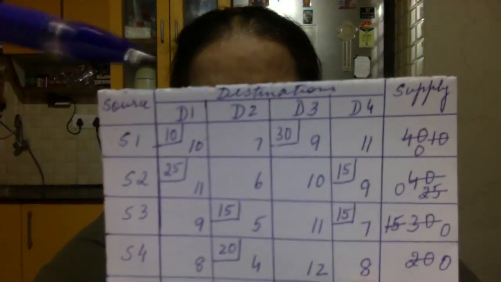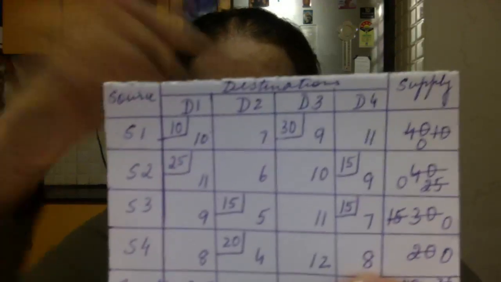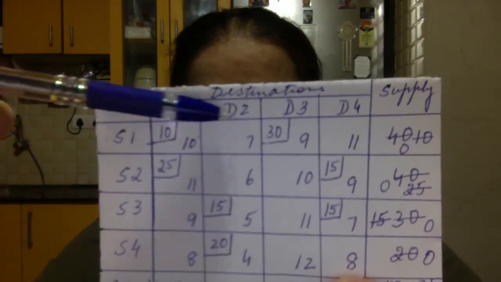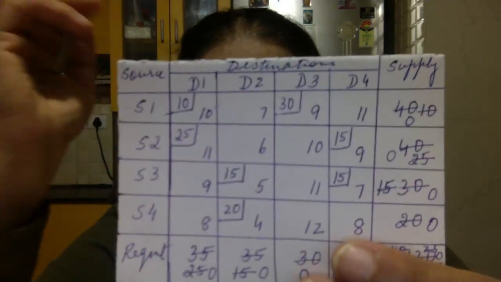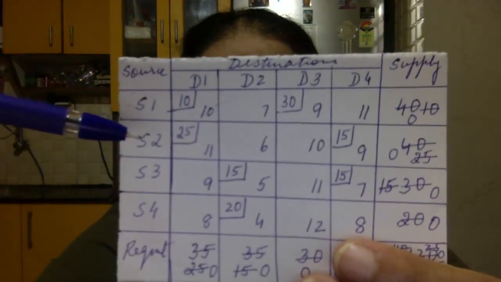So here we'll go like this: S1 D1, next S1 D3, 30 units at the rate of 9. That is 270. Okay. Next, I am going to the next row. See, when I got S1 D1 and S1 D3, I know unoccupied cells are S1 D2 and S1 D4. So to make things easier, now we'll come to the next one.